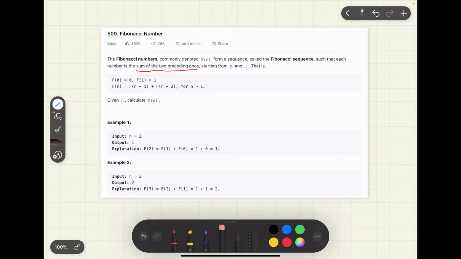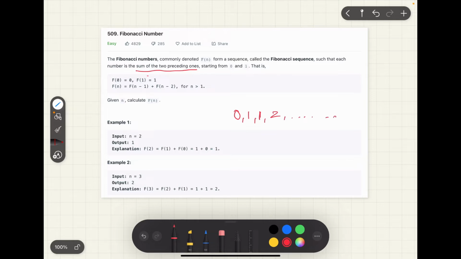The first term of this sequence is 0, the next term is 1, and these are the base cases. The next term is the sum of the previous two. So 0 plus 1 will be the third term, the fourth term will be 1 plus 1, which is 2, and